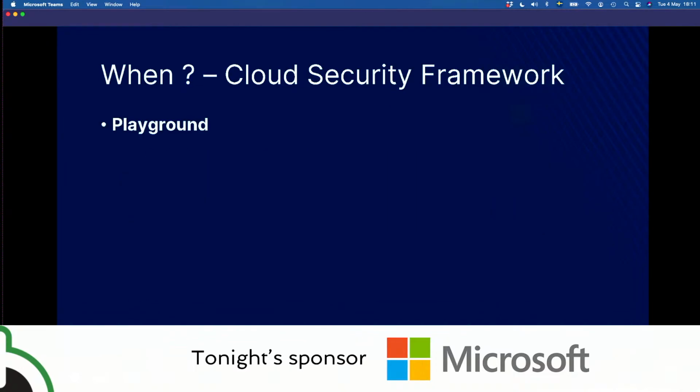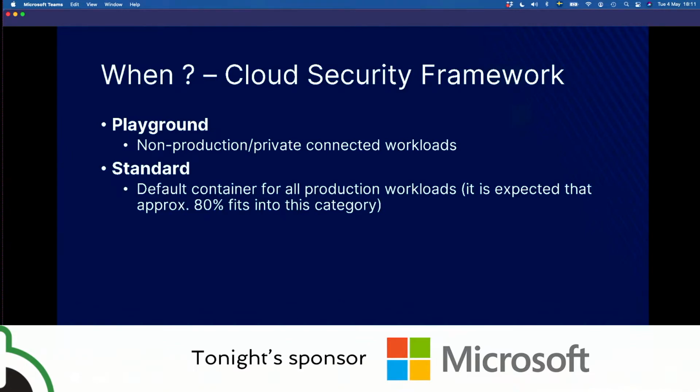So we have different levels of the security framework. There are things that only apply to playground and not to anything else. We have, of course, the playground, and then we have the standard, which is like 80% of our setup, or at least expected that everything fits into this. That 80% fits into this standard